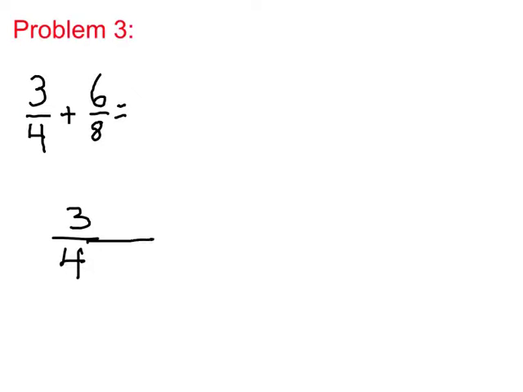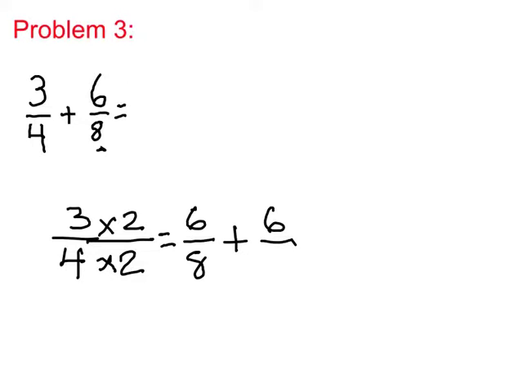3/4 times 2 equals, and remember, it's very important, whatever we do to the denominator, we have to do to the numerator when we multiply like this to create equivalent fractions. Our first fraction, let's multiply this out, and we end up with 6/8 plus the 6/8 from right here equals